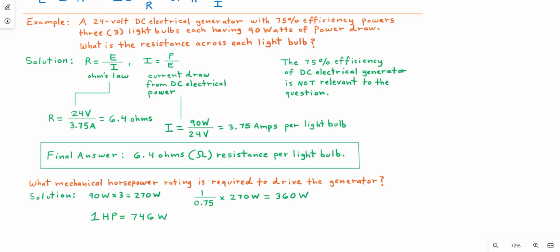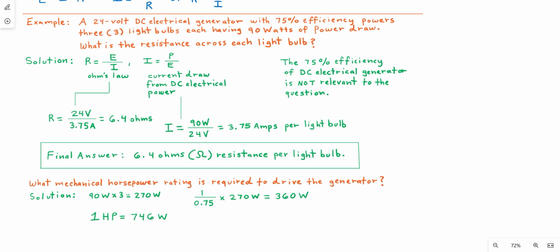So the efficiency rating of 75% or 0.75, its reciprocal times the power draw by the 3 light bulbs will equal the mechanical power input. In this case, it's 360 watts of mechanical input is required to